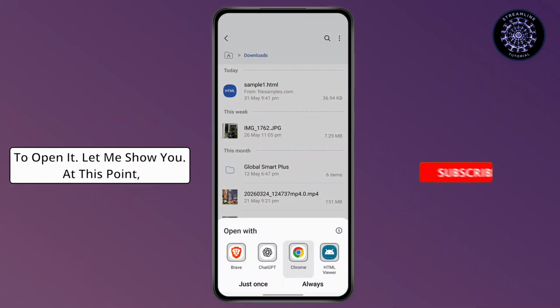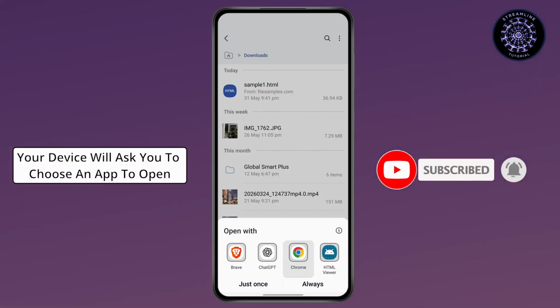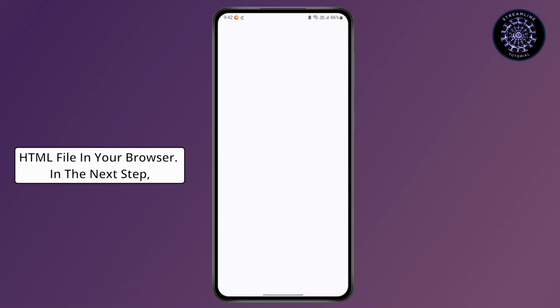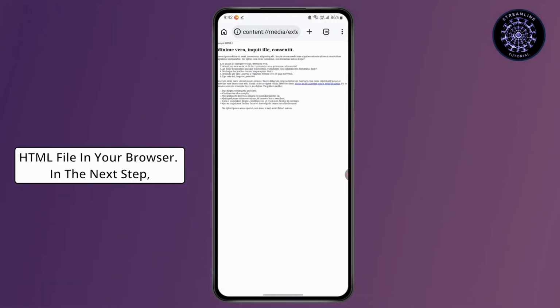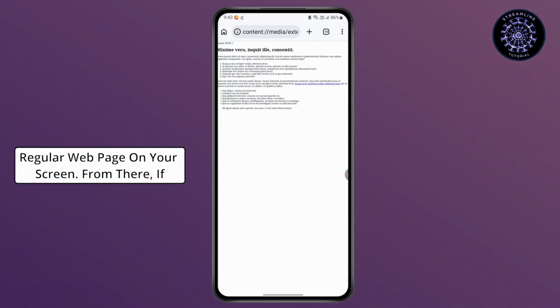Let me show you. At this point, your device will ask you to choose an app to open it with. Select Chrome from the list to view the HTML file in your browser. In the next step, Chrome will load the HTML file and display it just like a regular web page on